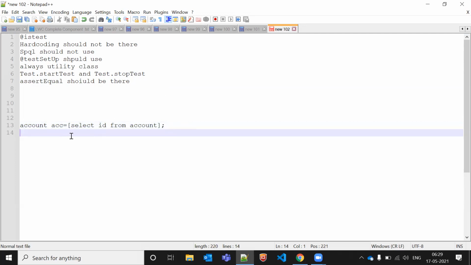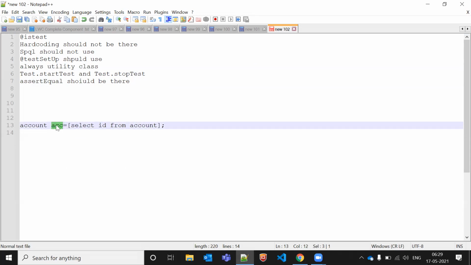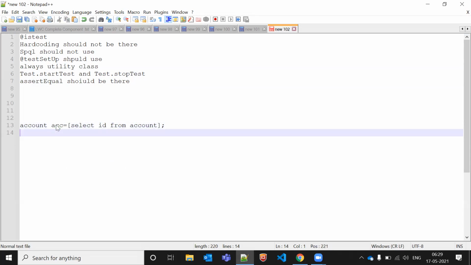So what should I write here? System.debug. So assertEquals, assertNotEquals. If it is equal, then we'll do equal, otherwise we'll say it's not equal. It is just for the expected result.